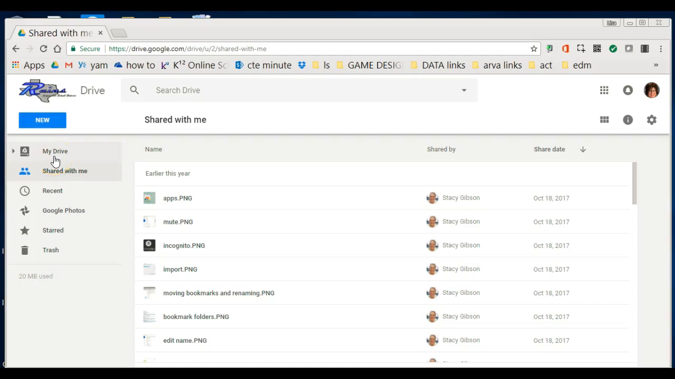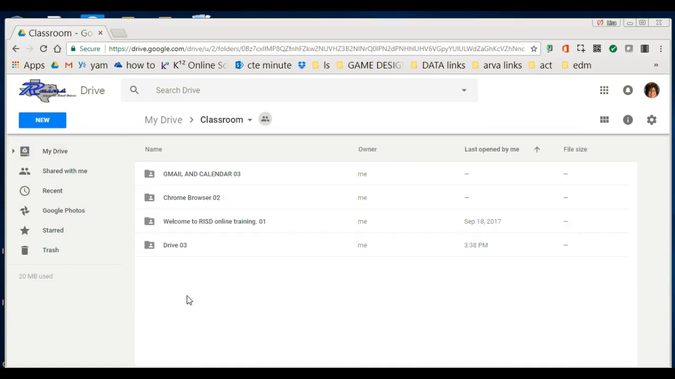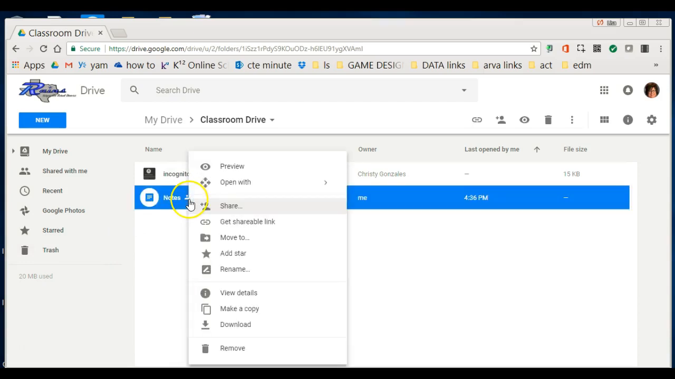Okay, we're going to continue talking about sharing, and from Shared with me, you now know how to put it into your drive. So now I'm going to go to my drive and find a file. I can just find a file under this classroom. If I want to share the notes, first of all, I right click on the notes and